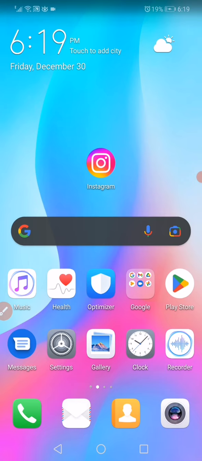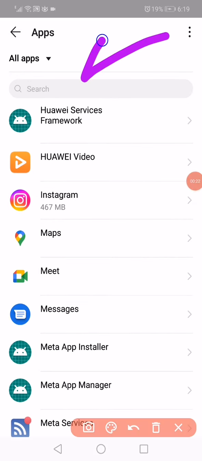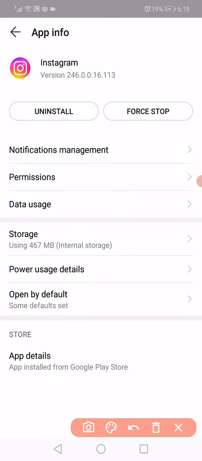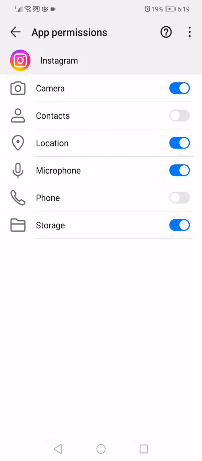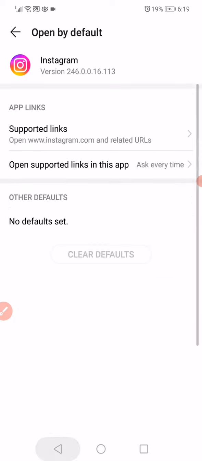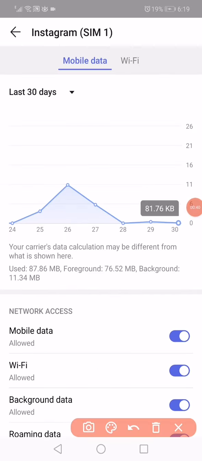Just open the settings on your phone, go to the apps, go to the Instagram app. If you didn't find it, you can just search for it here in the search bar. Now you have to click on Instagram and then click on the permissions and make sure that all the permissions are enabled. Go back again and this time click on the data usage and make sure that all the data